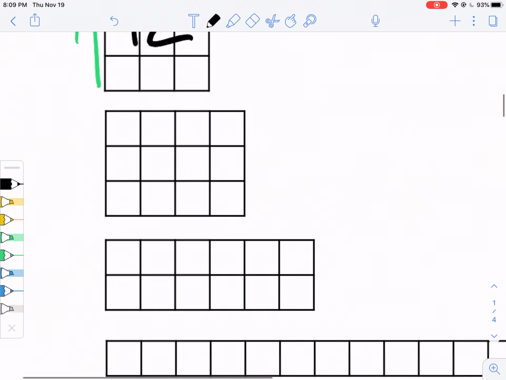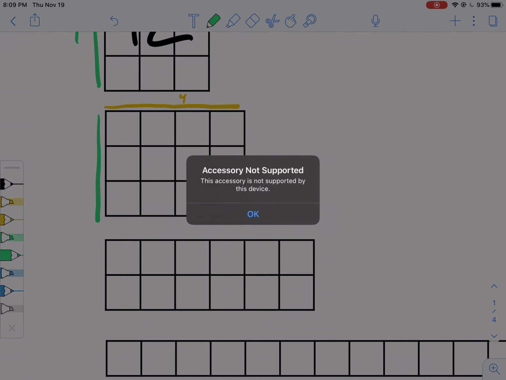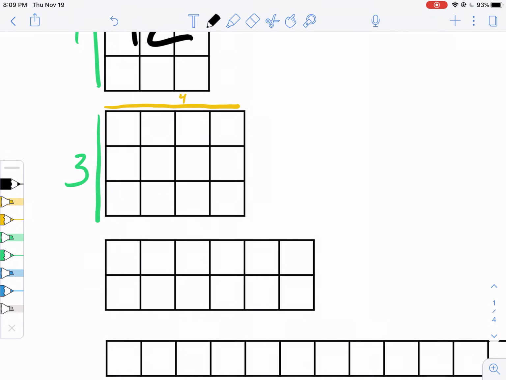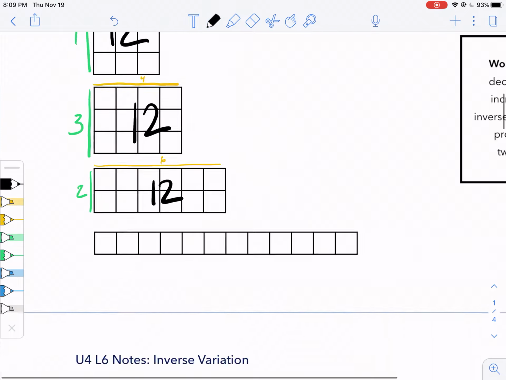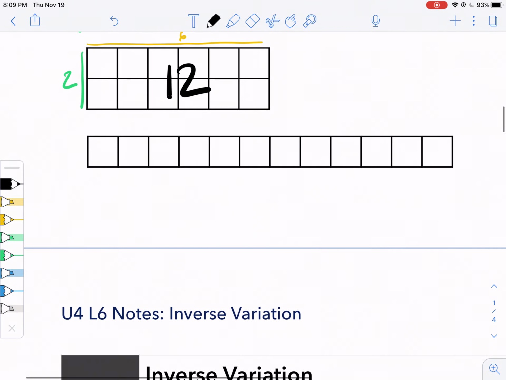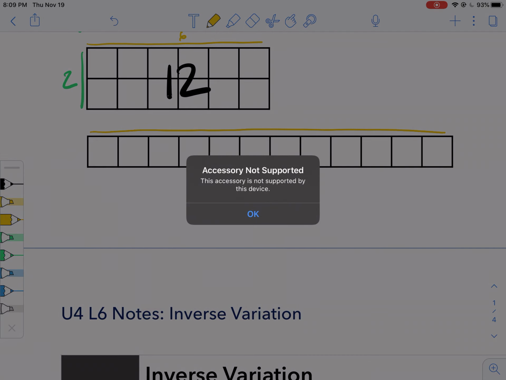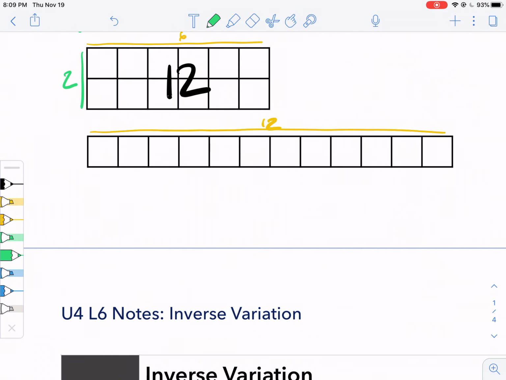This rectangle is 4 squares long and 3 squares wide, which means it has a total of 12 squares inside. This rectangle is 6 squares long and 2 squares wide, which means it has a total of 12 squares inside. And finally, this last rectangle is 12 squares long and 1 square wide, which means it has a total